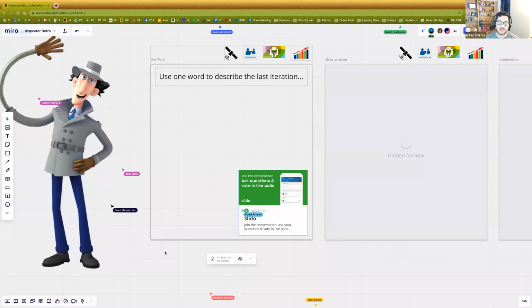So I'm going to actually ask you this question as participants on this call. Pick one word, put it on a sticky note, put it in this box, pick one word to describe your last iteration. Maybe you do every 2 weeks, maybe you do monthly, maybe you do quarterly, it doesn't matter. I want you to pick one word, and you can hyphenate, but you can't pick "a big success," right? That's not one word to describe your last iteration. And so I want you to throw a few in here, and I'll tell you how you do this in person. Let's talk about in person here.